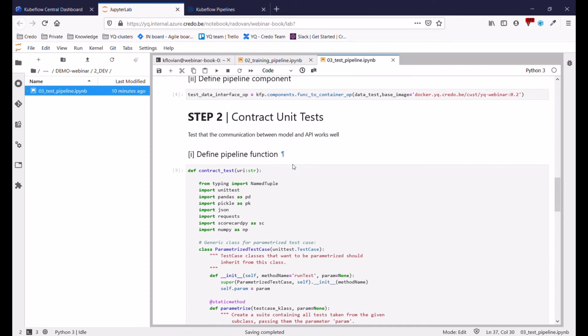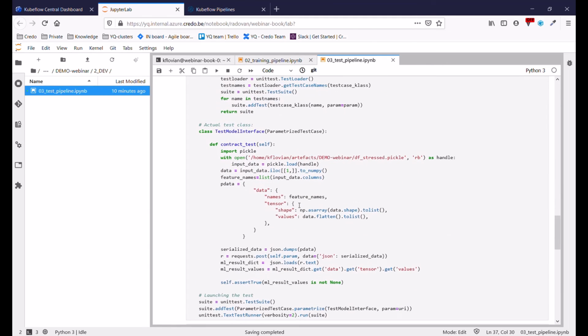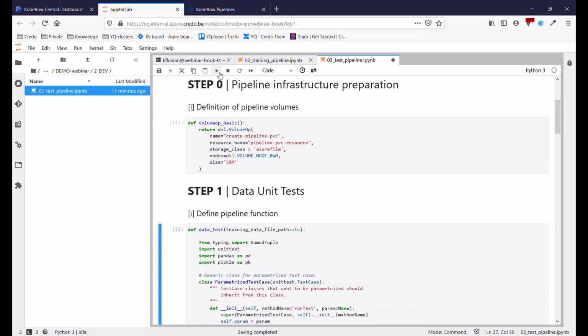And similarly, I can do also so-called contract tests. So that's basically the test that the model is injected correctly and is working correctly with the API that is feeding this model. And here I can just do a simple test that I load in some data and I will send the data to the API. So something similar that we did previously manually. Here I can wrap it in a test case. And so now when I just run this pipeline from the top till the end,